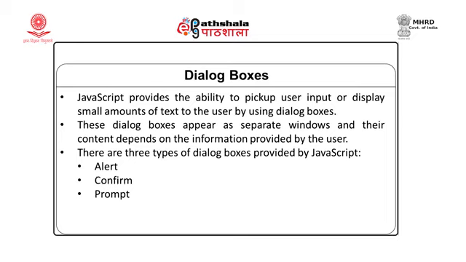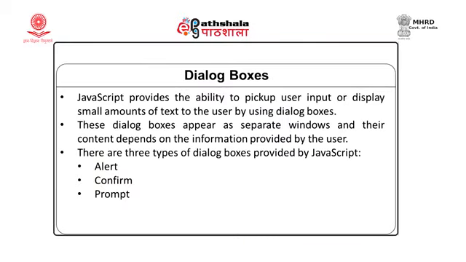First is alert, which is used to display a message to the user. Another is confirm. The difference between alert and confirm is that in alert we just notify the user about something, and in confirm we confirm the action by the user using two buttons called OK and Cancel. If the user presses the OK button, it means he accepts the action, and if he presses Cancel, it means he denies the action. So, confirm is used to take confirmation from the user.